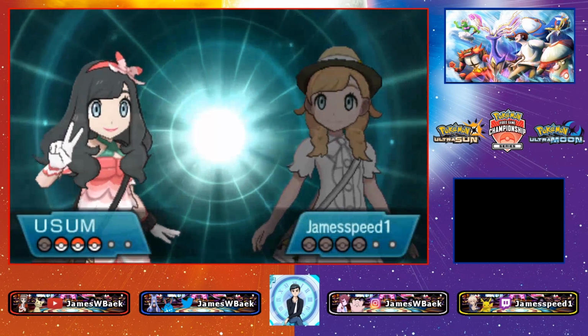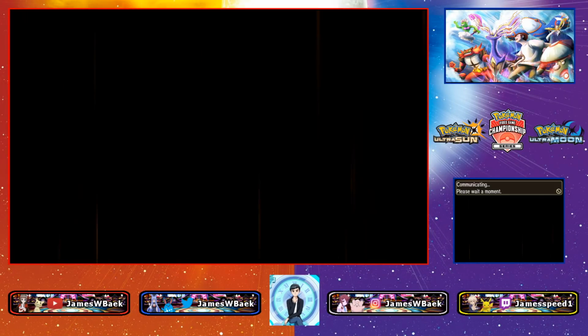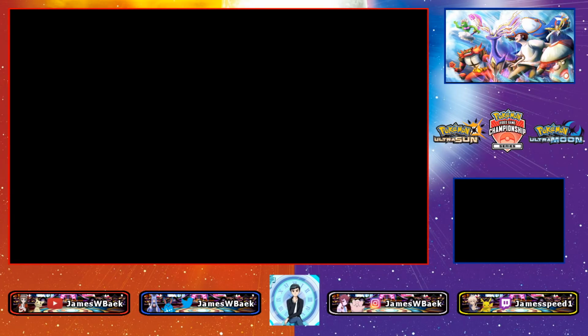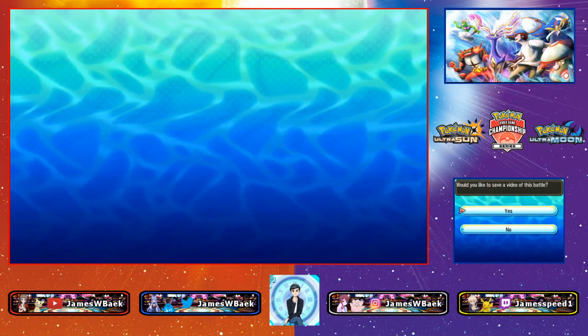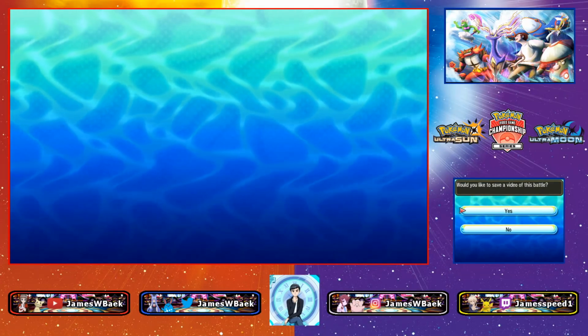Again, this game was pretty much decided on turn 1, I feel like. There wasn't really much I could do here. I needed Tailwind up if I wanted to have a chance to live to get a Geomancy off, like I had to go for the risk. Maybe I should have went for the Moonblast. I just don't remember. I thought Photon Geyser did like 80, and then the lead I did like 80 as well. So I don't think I had a good shot. But